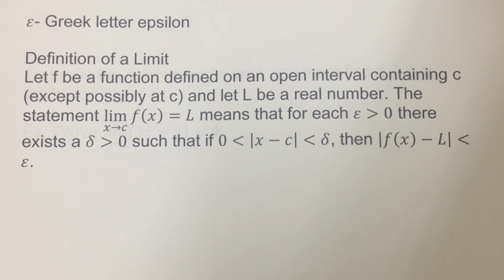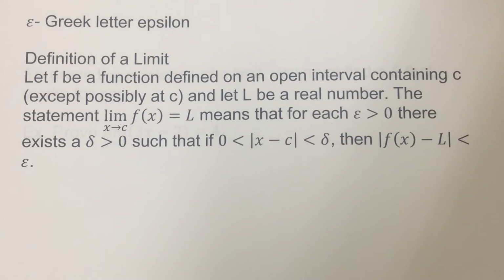So let f be a function defined on an open interval containing c, except possibly at c. So that's the x we're going towards. And let L be a real number. L is going to represent our limit. So the statement, the limit as x approaches c of f of x equals L, means that for every epsilon greater than 0. So we can't have a negative epsilon, but an epsilon that's greater than 0, so positive epsilon, there will exist a positive delta as well, such that if 0 is less than the absolute value of x minus c, is less than delta, then the absolute value of f of x minus L, our limit, is going to